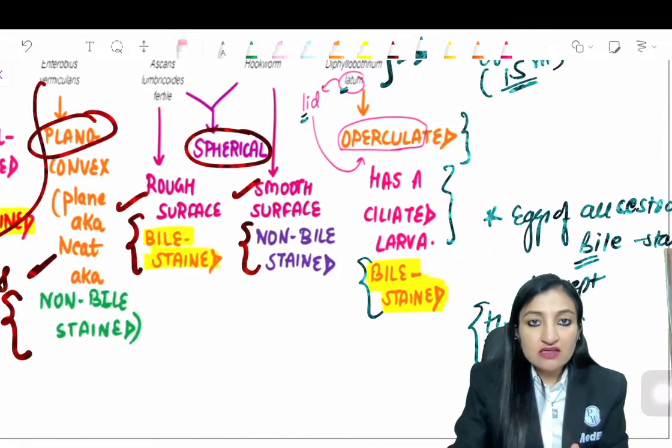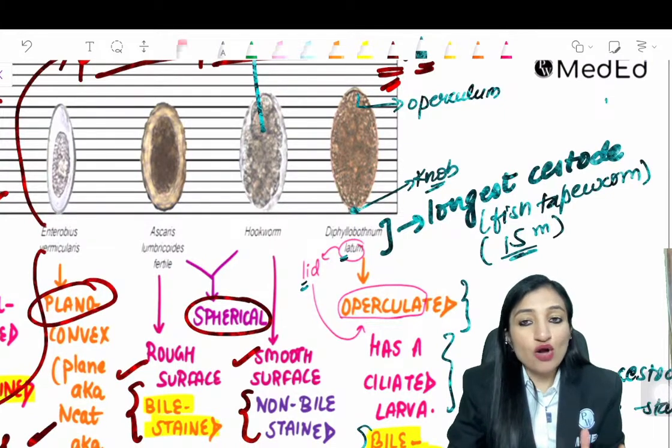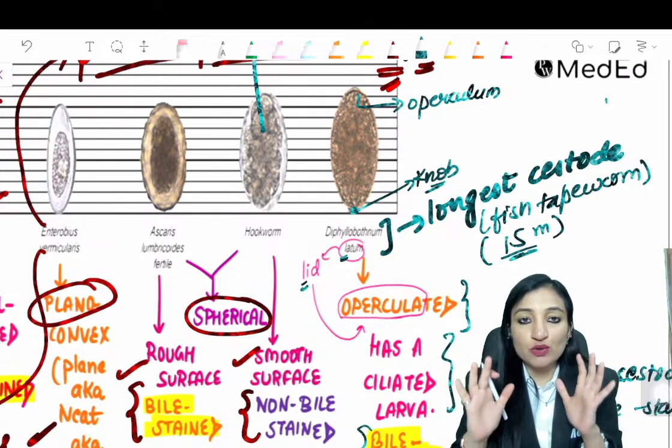Is this clear? See, parasitology is so very scoring now because they can't ask anything new. All are facts. So you just have to revise them well, make some cues, some stories, some important diagrams, cartoons,